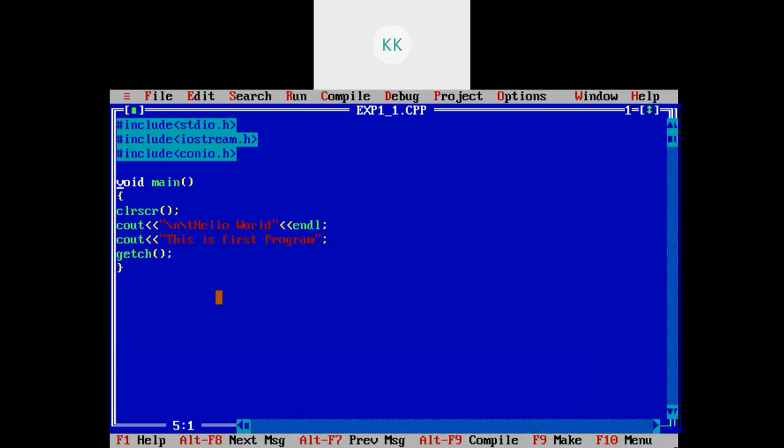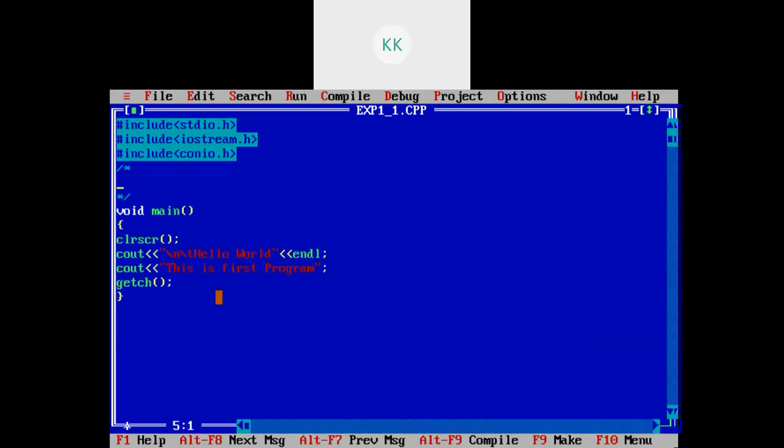Now this is a simple output which we want to print. Now sometimes we want to use operators, right, like addition, subtraction, multiplication, division, and many more.